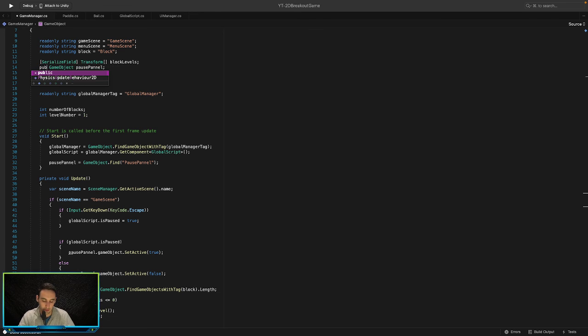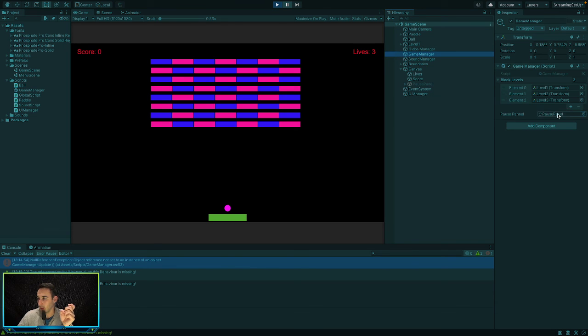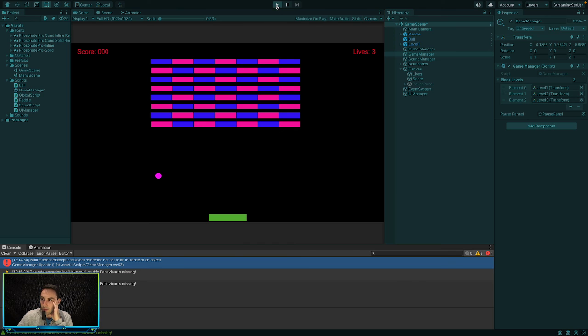let's just go public. Change that to public, and then we don't need this because we can just drag it in. Let's just see what this does. If we drag it in, we might need to figure out another way to solve it in the main menu rather than in the game menu. So if we drag that in when we're not in game mode, let's drag that in. Play this, so this should work in the game scene,